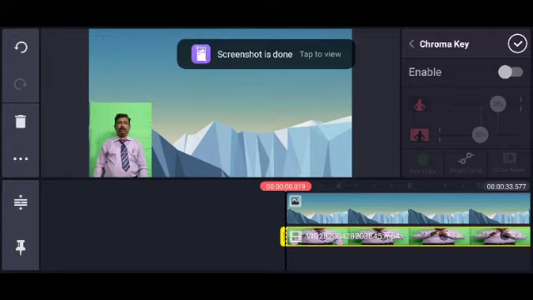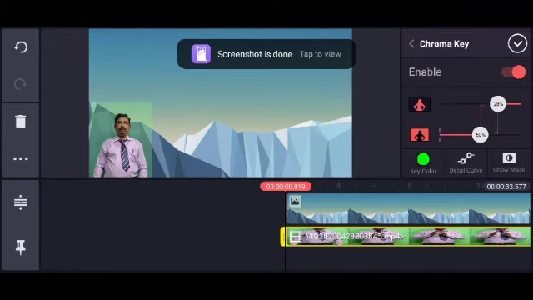Mostly here you need to work a lot to understand how to do these things. So this is a very key part. Why? Because this will help us to make our videos the best. Here, with that chroma key, you can use those keys to adjust here and there. Then automatically the green part will disappear. You can see now that green part is slowly disappearing.